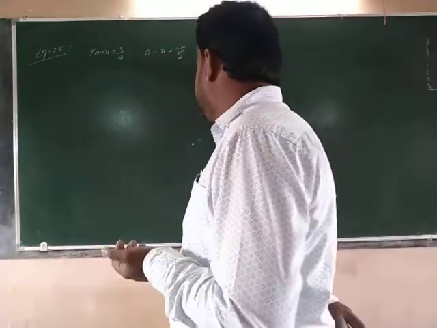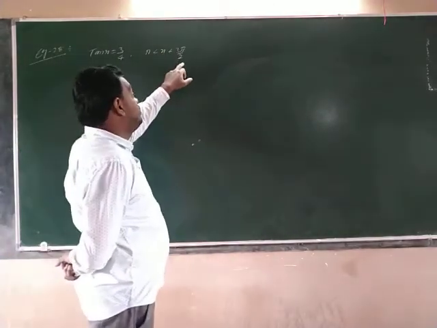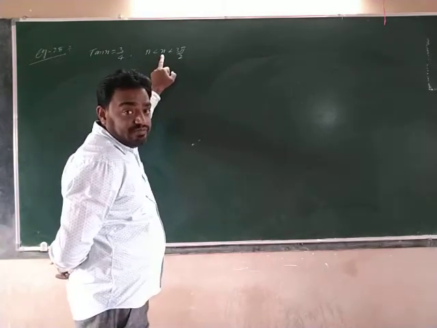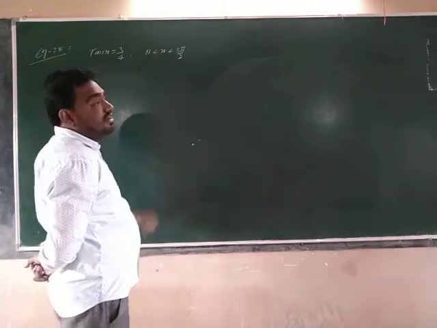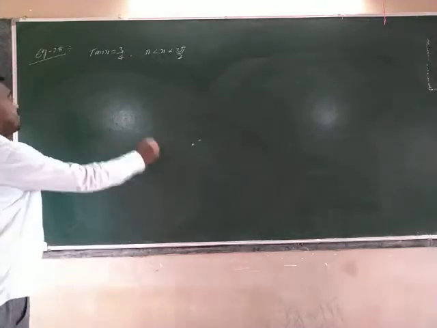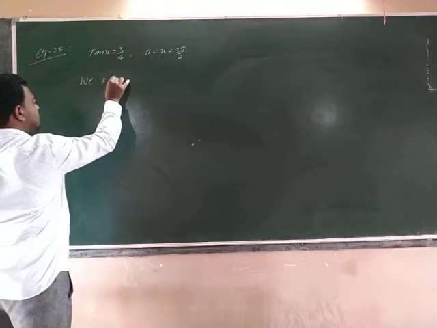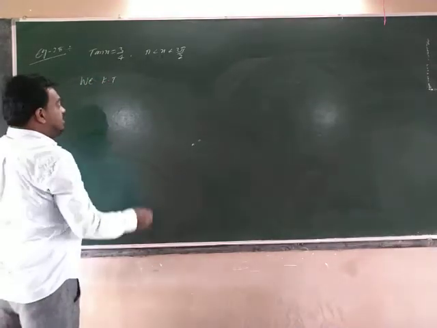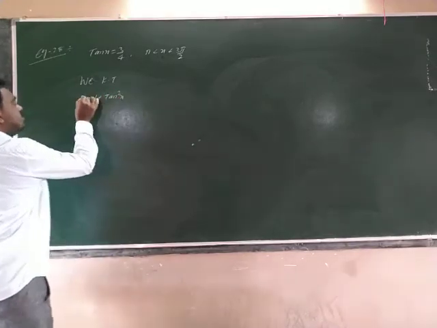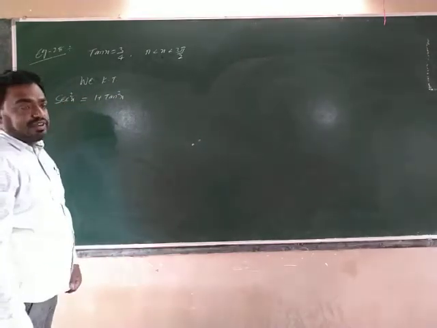You see how we are solving. Tan x is equal to 3 by 4. Pi less than x less than 3 pi by 2 means 180 to 270, so x lies in which quadrant? This is the third quadrant, where tan is positive, so tan x is equal to 3 by 4. We know one relation between tan and secant: 1 plus tan square x is equal to secant square x. So secant square x is equal to 1 plus tan square x.